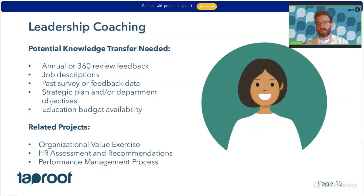You could also consider leveraging this as a powerful professional development resource for rising staff members. This can also be a great way to retain your staff members by giving them this coaching support as well. Another tip I'll give here, when you're thinking about these kinds of projects, is setting really clear expectations